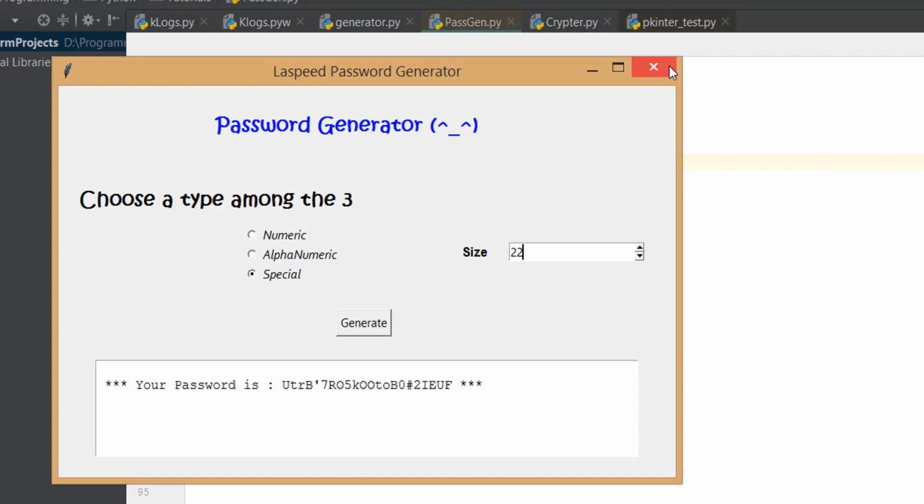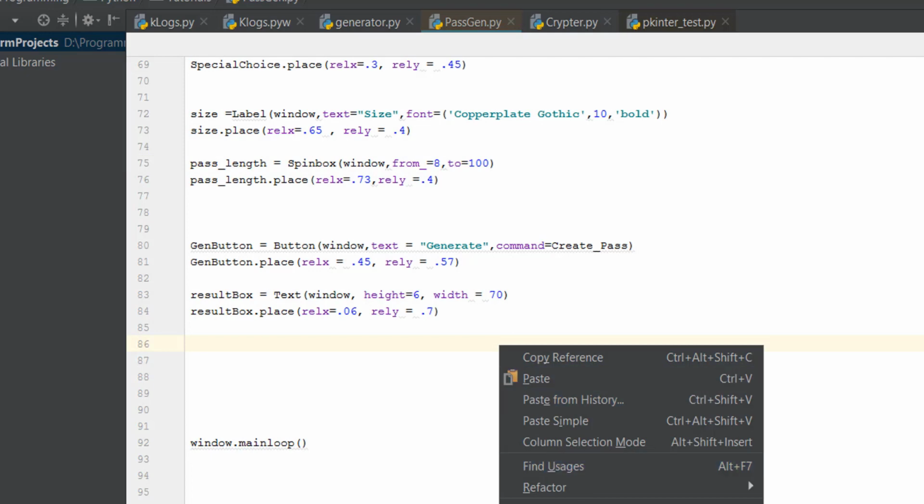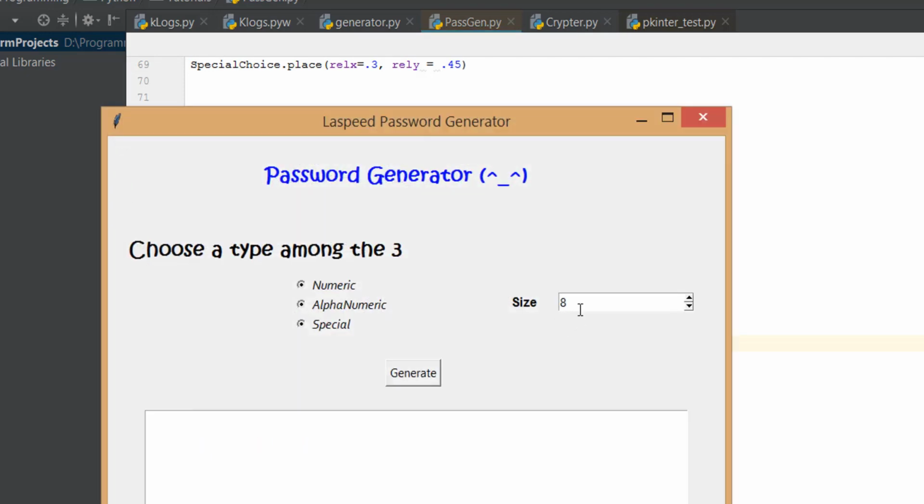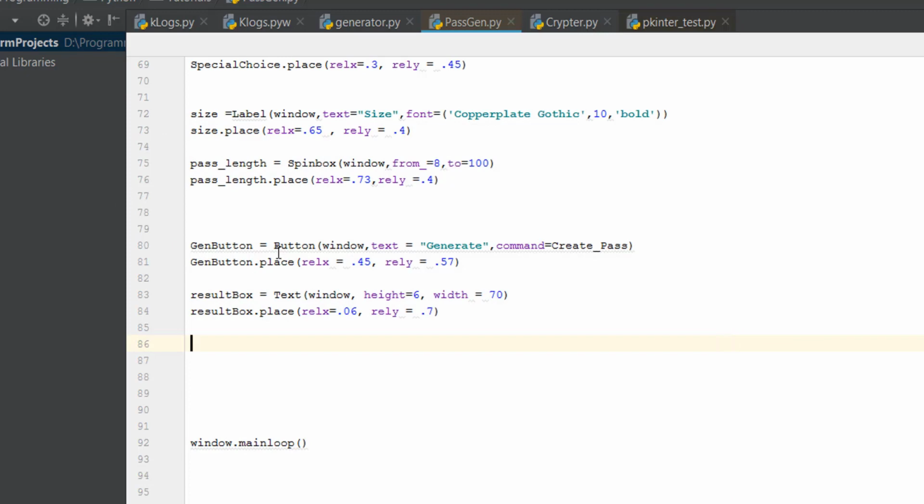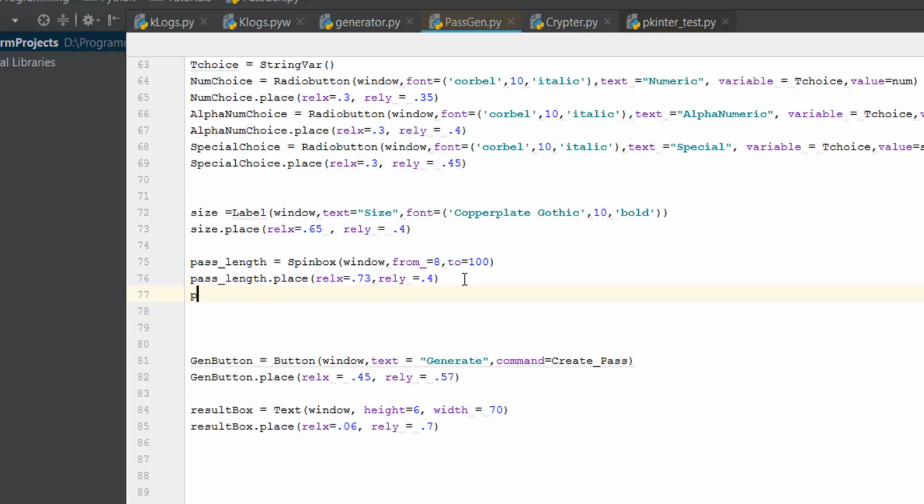All right, so what if the user types, I don't know, this? We cannot allow that, so we'll have to block this thing. To block something, I mean, here is the size. I don't know where the size is. Wait, let me check properly. It's on the spin box. It's not on the size. So the spin box is here, and it's working on the pass length. So what we have to do to block this, we're gonna type pass length